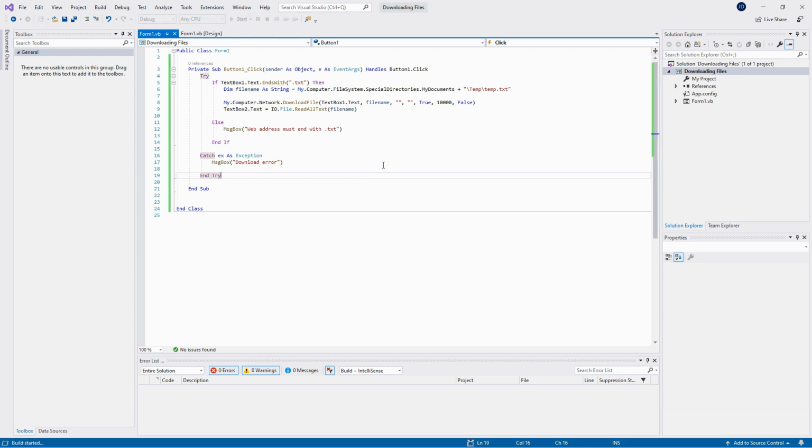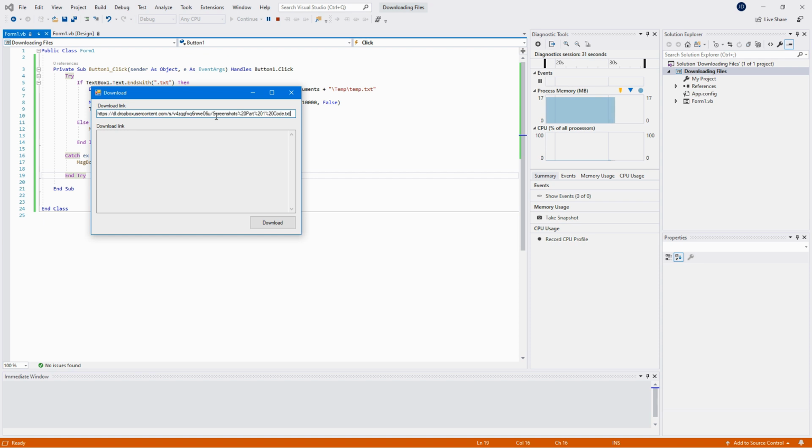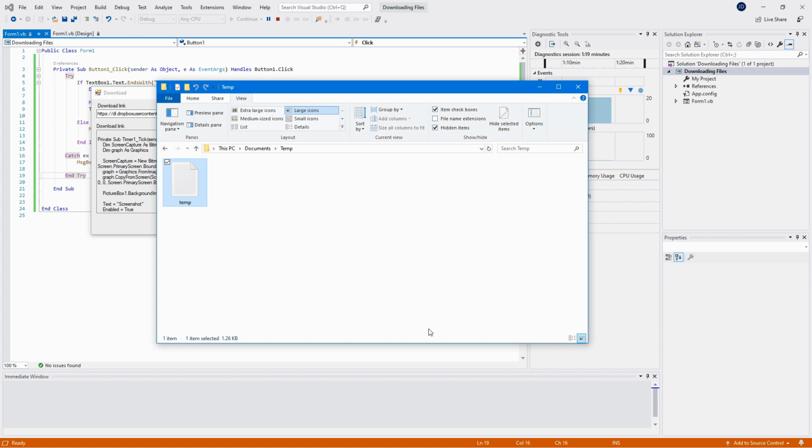So let's test it and see if it works. I'm going to use the link to the source code from my previous video on creating screenshots in VB.net. If you want to watch that video, there'll be a link at the top of the screen. So if I click on download, then the file will appear in the text box here. If I open File Explorer, I can see the text file is also saved to the Documents folder,